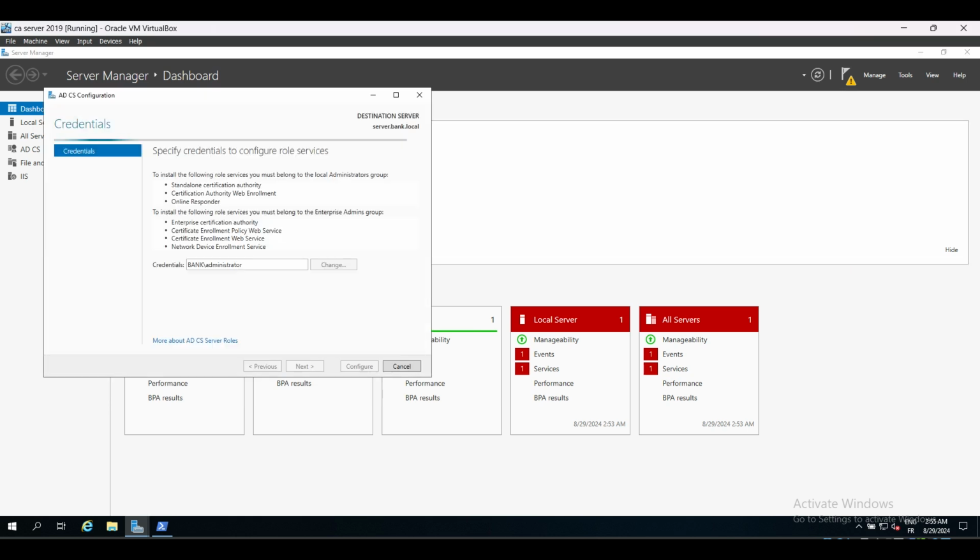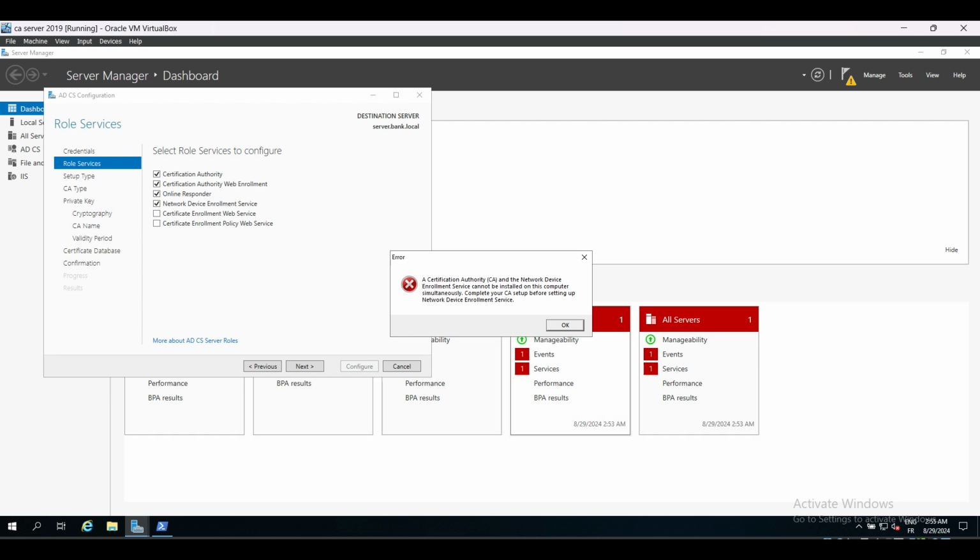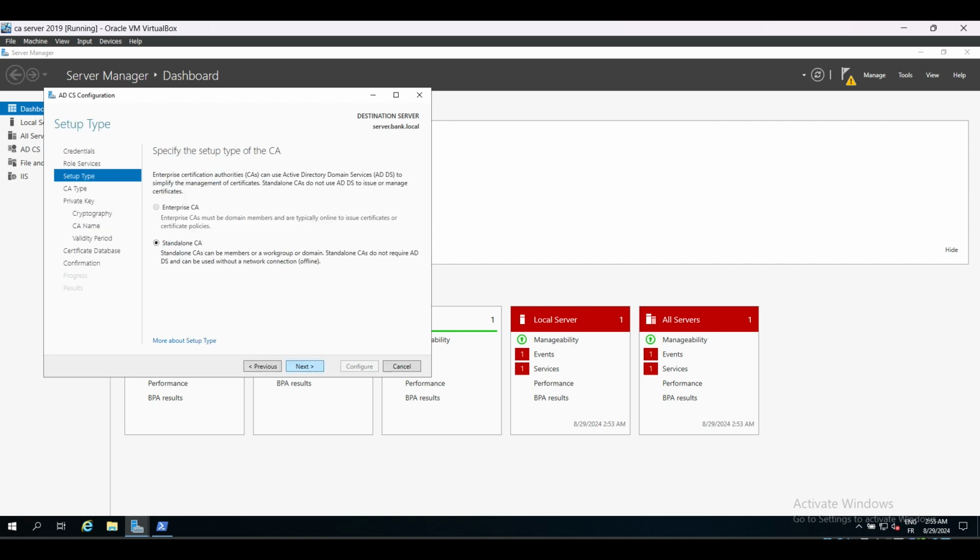Hit Configure Active Directory Certificate Services, click Next, we select Role Services to configure. As you can see, some of those services are not going to be configured for now since it requires some other features to be installed first, but we will get back to it later. Click Next, then we select Enterprise CA since we are in an enterprise environment, which is Active Directory, not a